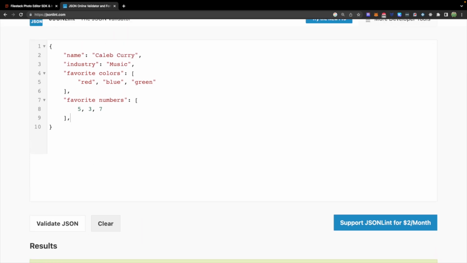Now, let's go ahead and create one more example just to show some nested objects. So we'll say favorite people, and this will be an array. And inside of here, we can have multiple objects. So curly braces to define an object, and we can define whatever attributes we want in here, such as their name, and we'll just say mom, and then relationship, maybe